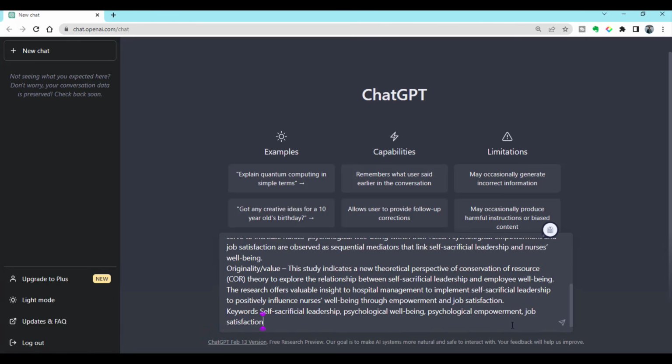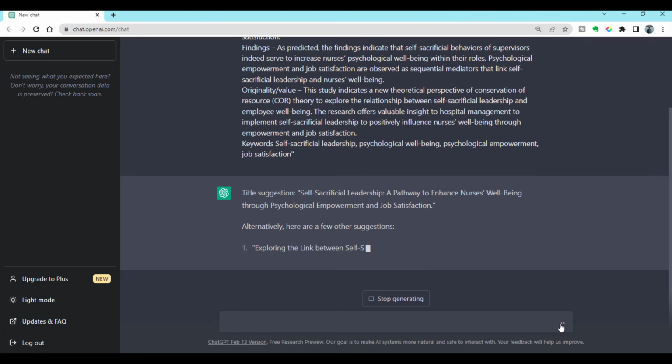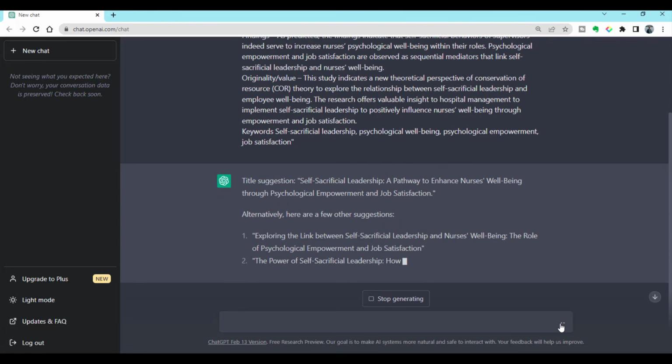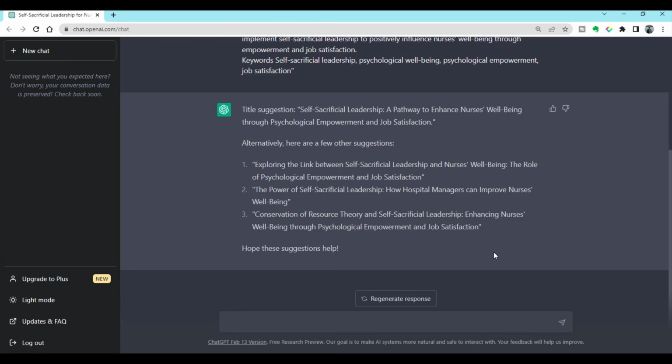In the end, close the inverted commas and press arrow. See, ChatGPT has provided a list of titles for our research article. So this is how you can get the suggestions from ChatGPT regarding the titles of your research articles.